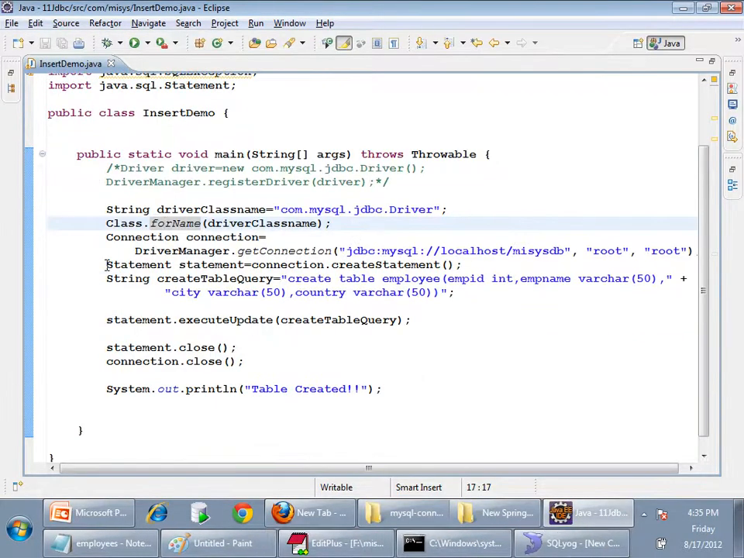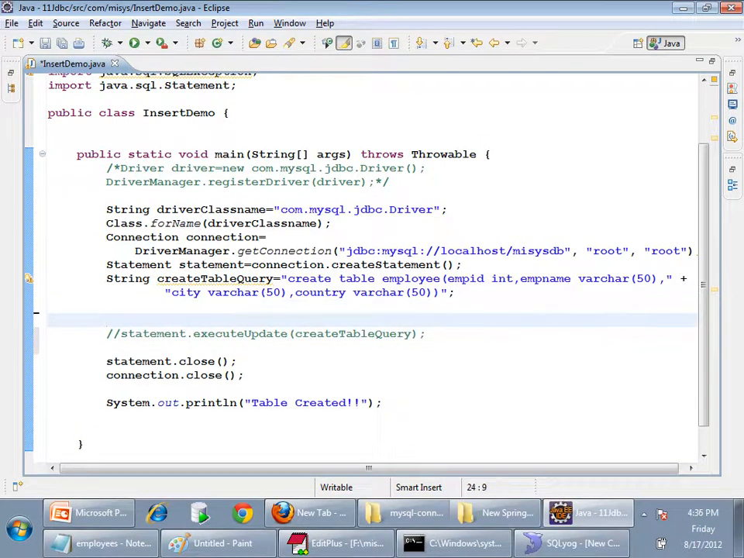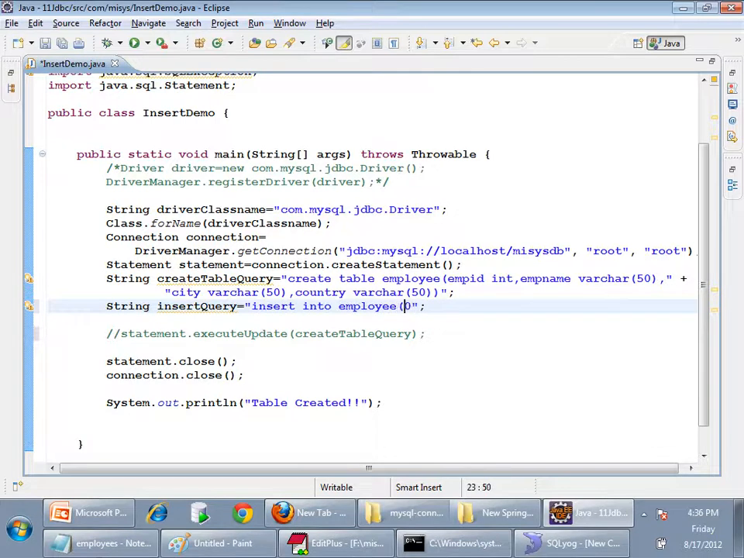Now what I want to do is insert an employee object. To insert an employee object, you need an insert query. So I'll create a string insert query, equals to, how do you insert? Tell me. Insert into employee of emp id, comma, emp name, comma, city, comma, country, values of,